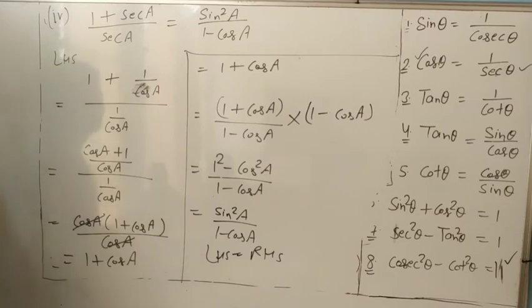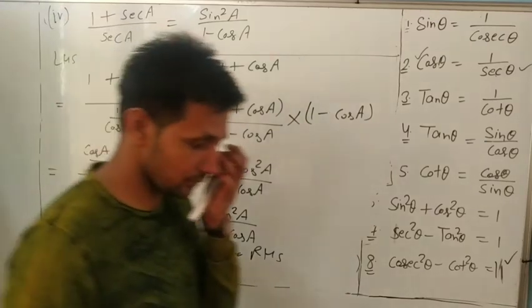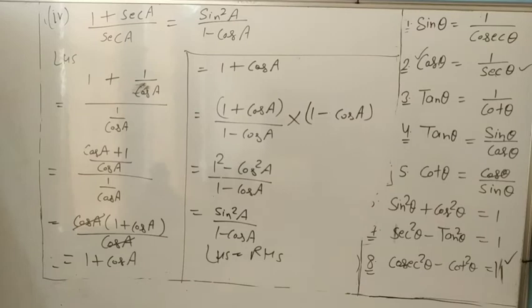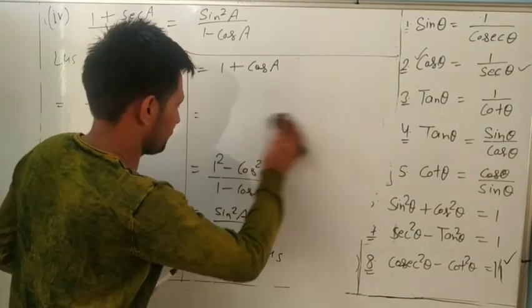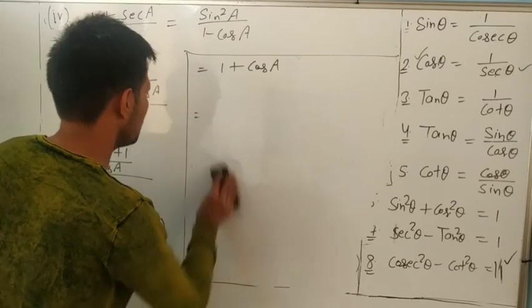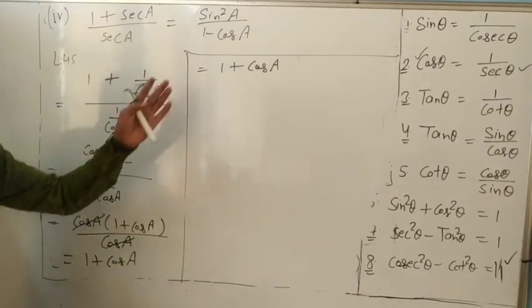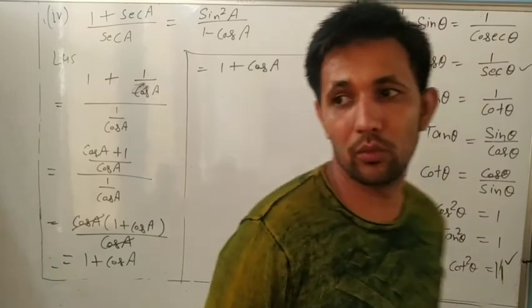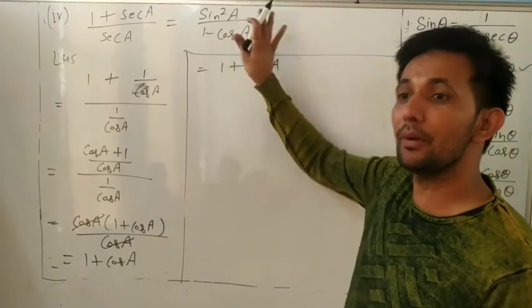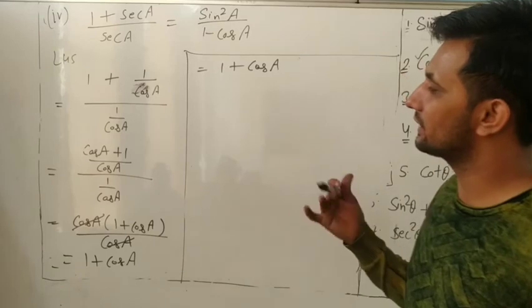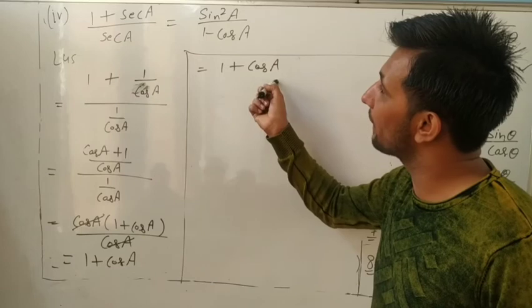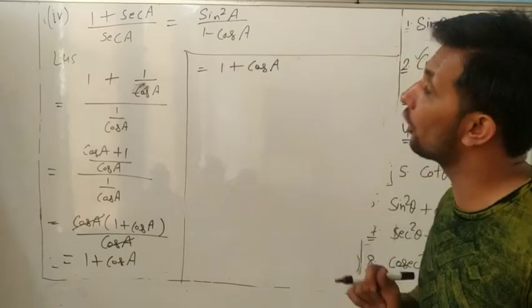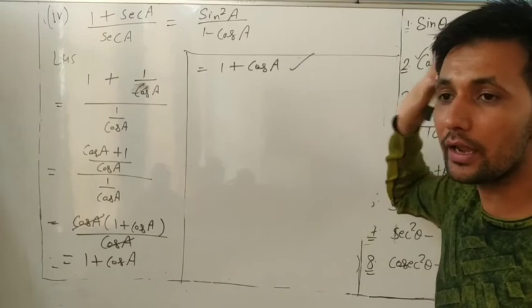Okay dear, note it down please. Now dear, you can do this question by another method also, because some students solve till here, 1 plus cos a, and after it they don't know what to do, because it is very difficult to know which number to multiply and divide by. Then what will we do? It is a simple method. Whatever is in the right hand side, we focus on that. That's why I multiplied and divided by 1 minus cos a. If you don't know what to do, you will leave it here. Okay.